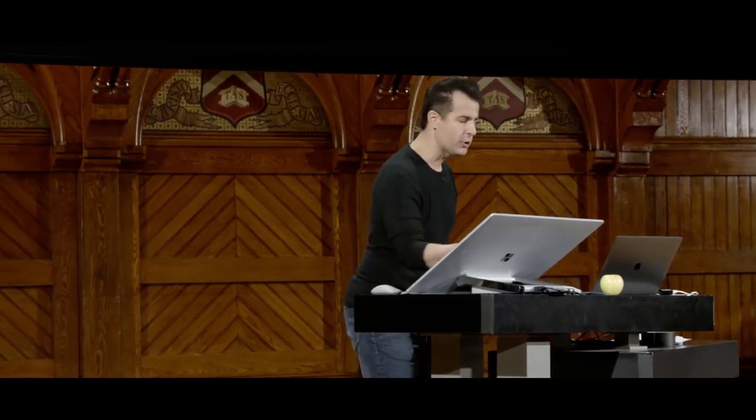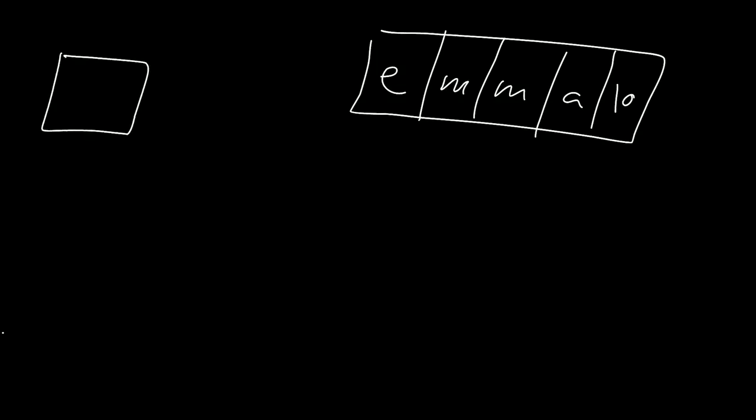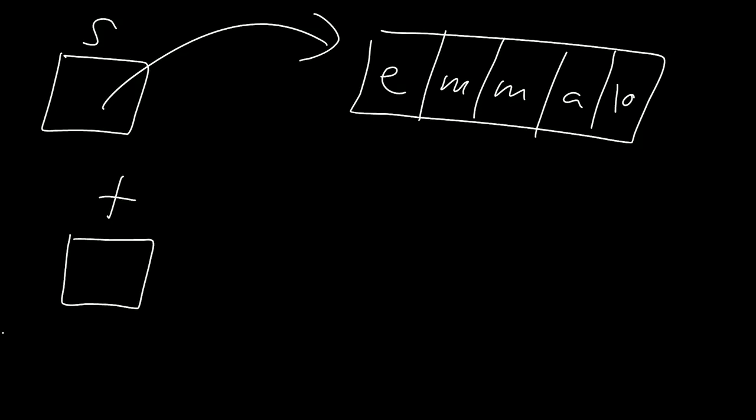So if I go back to my picture from before, this time I've typed in an array of Emma with all lowercase e, m, m, a and then a \0 somewhere in memory using getString. And I've initially stored that in a variable called s. And I don't care about the addresses anymore. I'm just going to use arrows now to depict it graphically. When I created a second variable called t, and I set t equal to s, that's like literally copying the arrow that's in s and storing it in t, which means t is also pointing at the same thing.